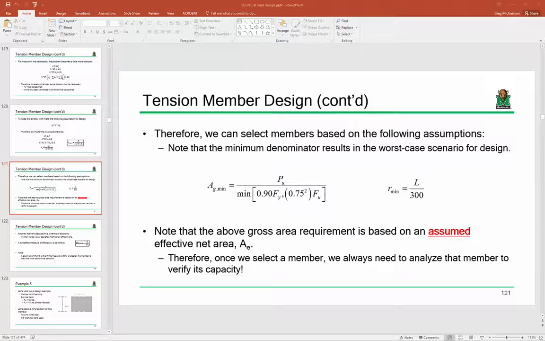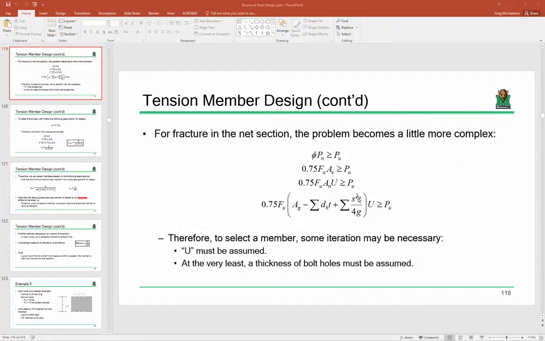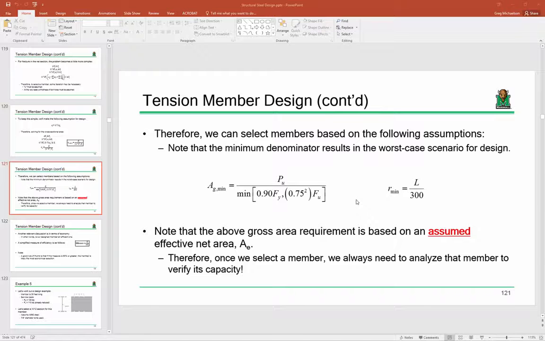the example. So just a little bit of background, we were going through tension member design, and if you recall, we had derived the following expressions for design, solving for a required gross area and a required radius of gyration. Big thing to keep in mind is that this was based on an assumed effective net area, and that's where we incorporated this additional 0.75 in the denominator. So when we select a member, we're going to have to go through and subsequently analyze it in order to